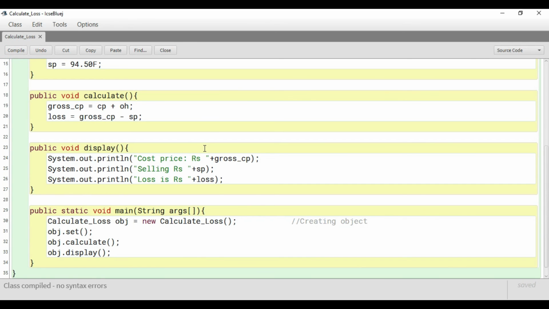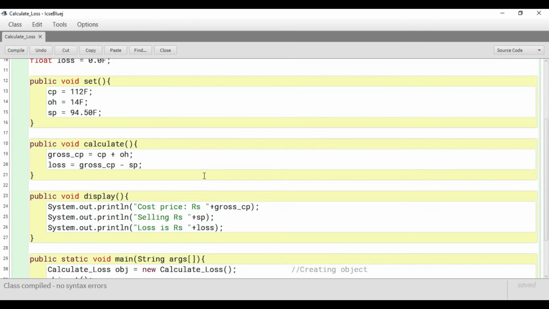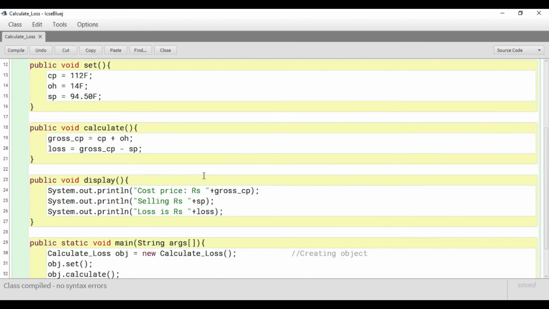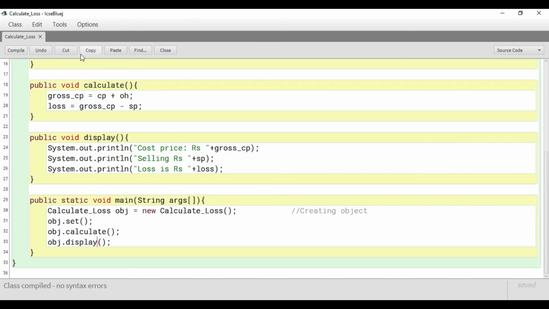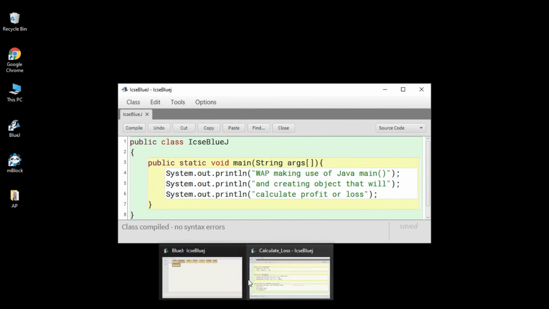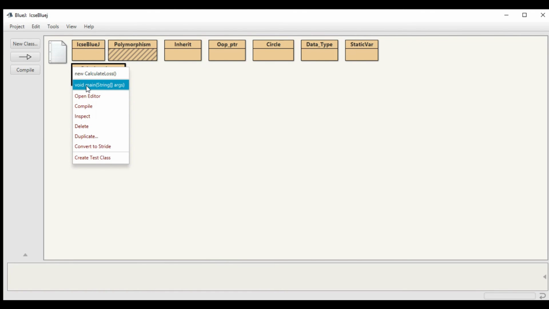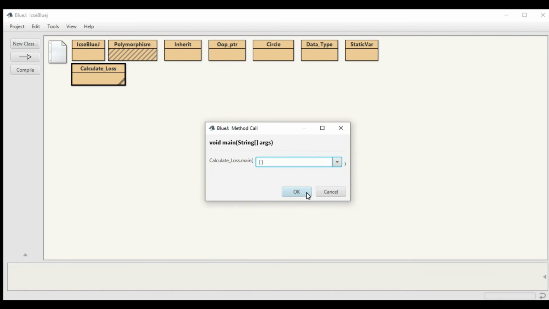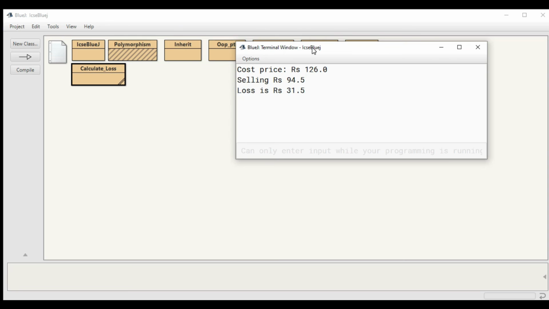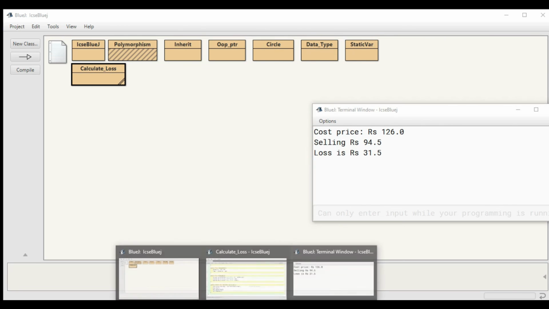So you saw how the function was initially, and this is the updated part. The file will keep the previous format, so that you can differentiate between what I have done now and what it was initially. So let me now compile the program. Right now you can find there are three functions. So let me click the OK button. See, the output is coming exactly what it was coming initially.